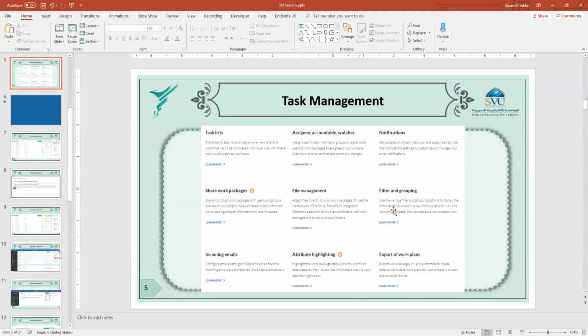So by filtering and grouping the tasks, we can customize and create very handy and very informative tables and reports, especially for the upper management or the top management. By using this, we can directly create the PDF file or Excel file, and you can use it in your presentation or create your own